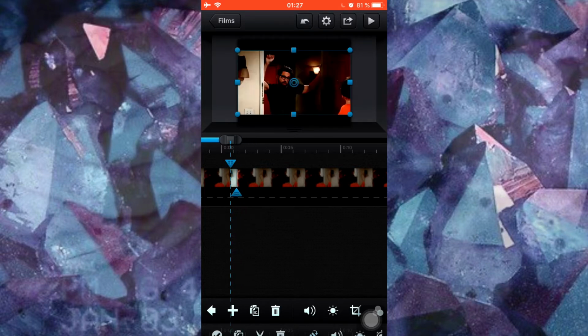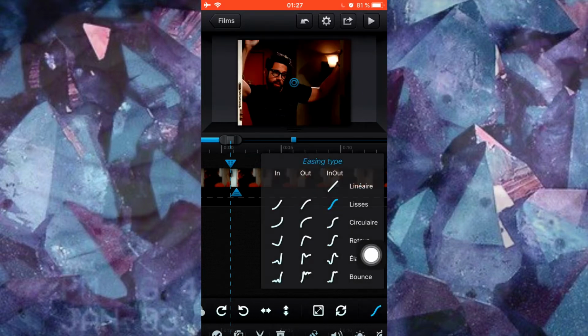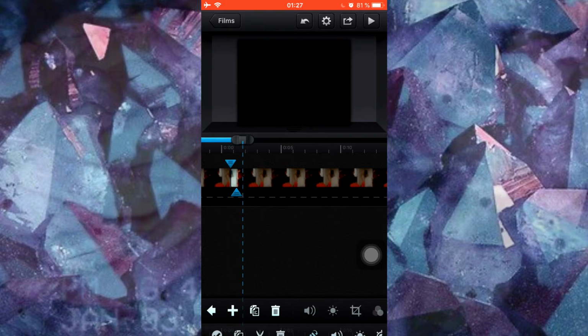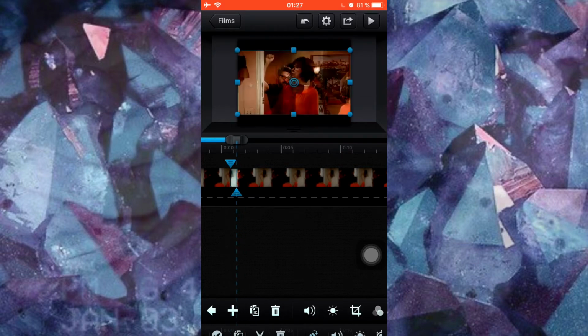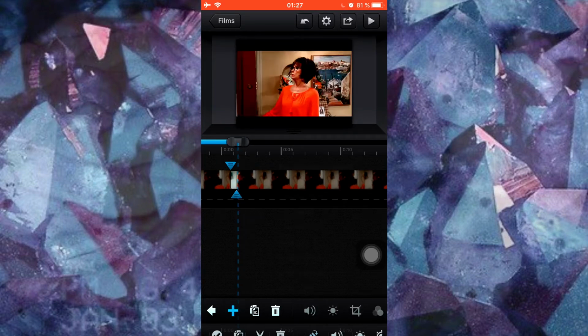So now you're going to go to the next clip and we're going to start from the beginning and we will create a transition. So click the wand again, double tap it, click the wand, click the plus button and create a new transition. Now drag it. Since this clip is smaller, we will make the transitions much smaller, but yeah, so we're going to drag it, and now we're going to go to the beginning and we're going to zoom in and we're going to click the squiggly line and we will say out instead of in this time,